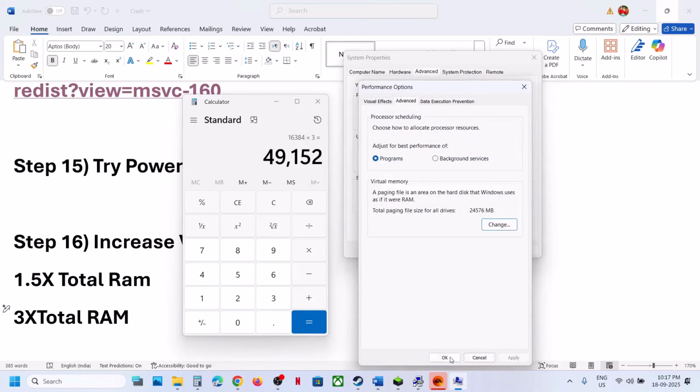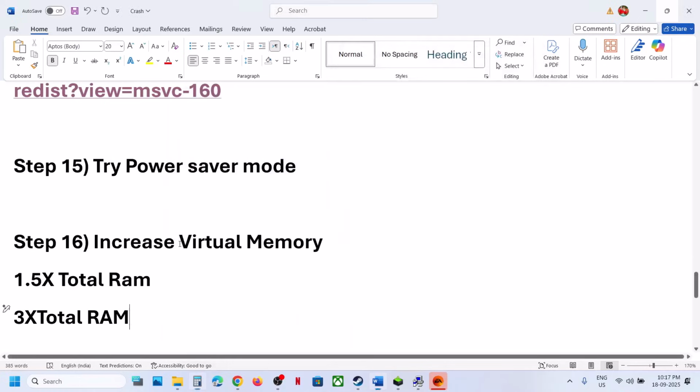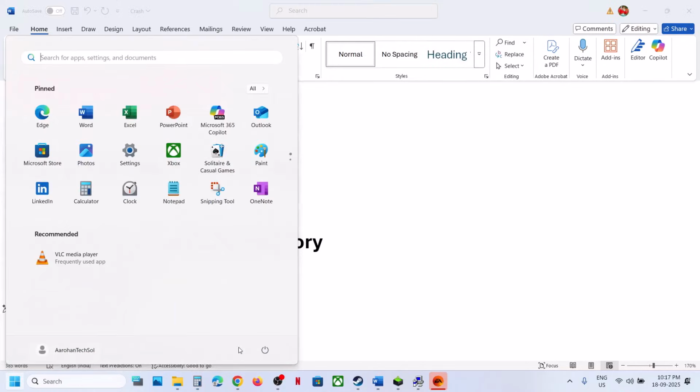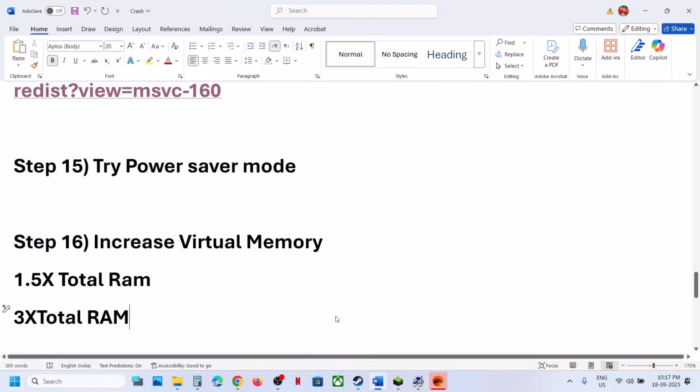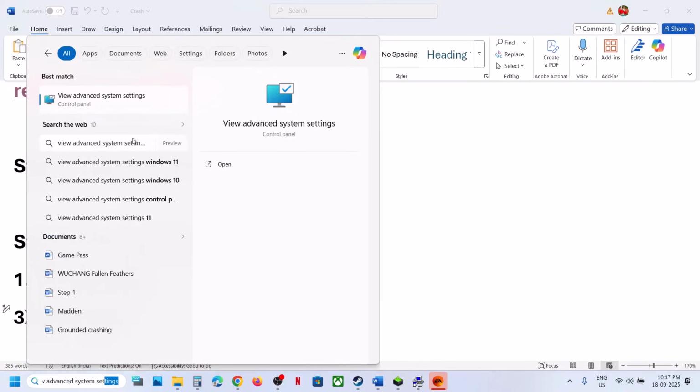Now click on apply if highlighted, and then click on OK. Now relaunch the game. If that does not work, restart your computer once and then launch the game. Still not working, type in view advanced system settings once again in the Windows search box, and then click on view